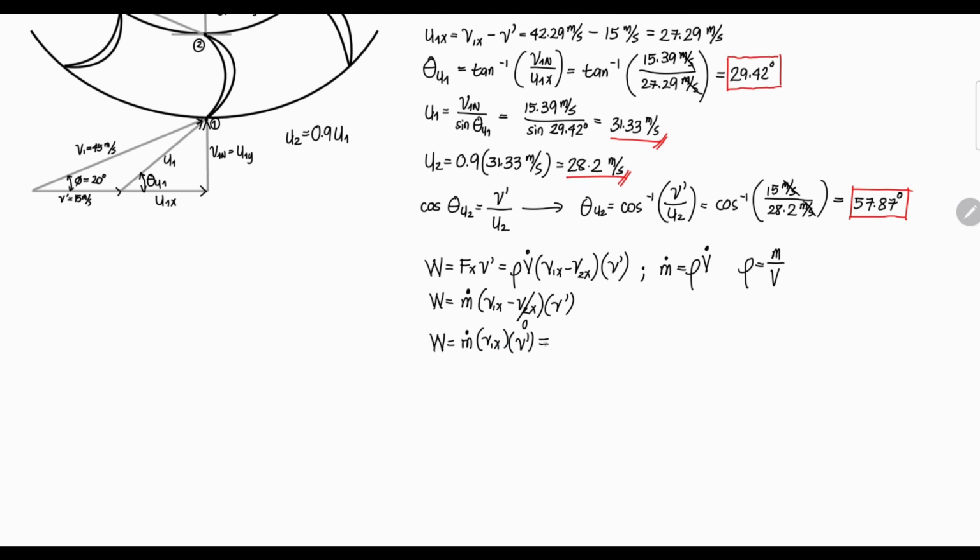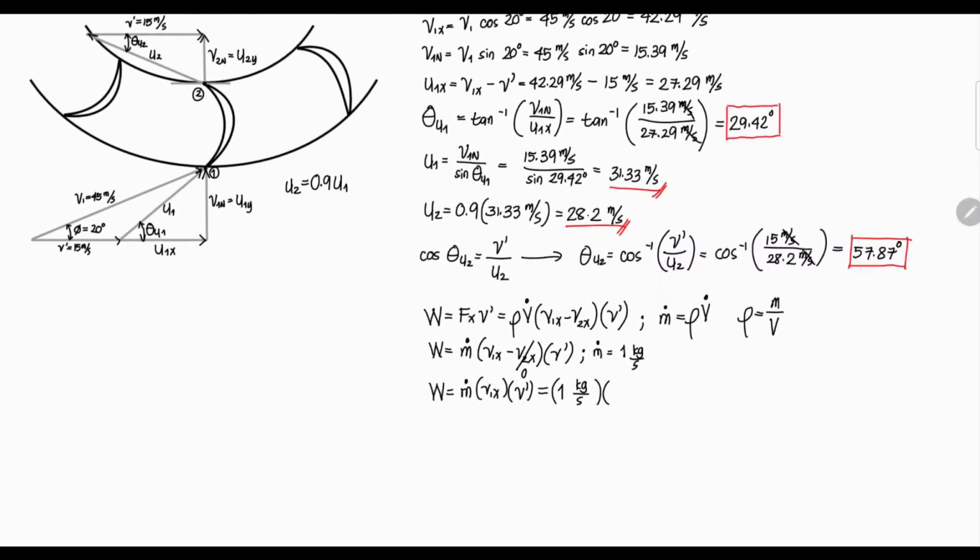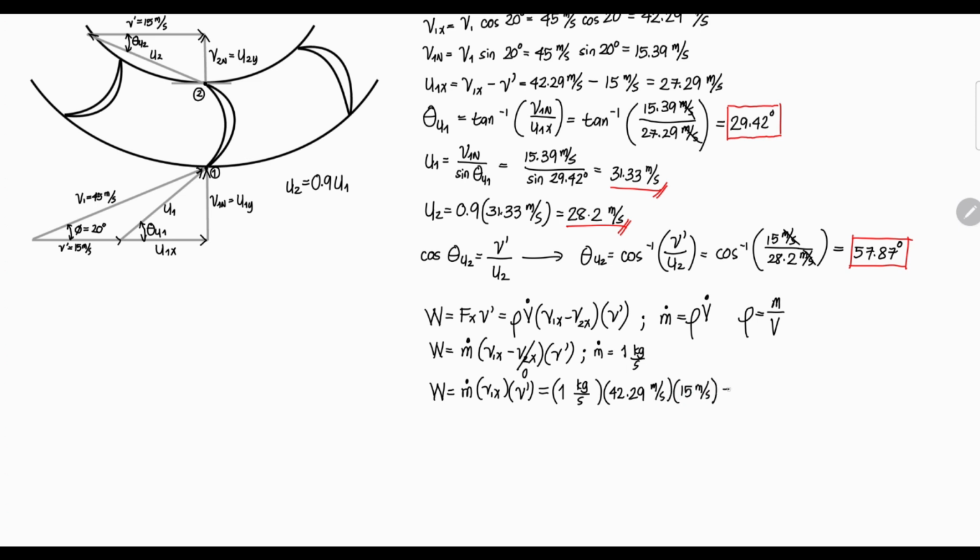So assuming the mass flow rate is 1 kg per second, to solve for work, mass flow rate of 1 kg per second times V1x. The value of V1x is 42.29 meters per second times the value of V prime, which is 15 meters per second. Now that is equal to 634.35